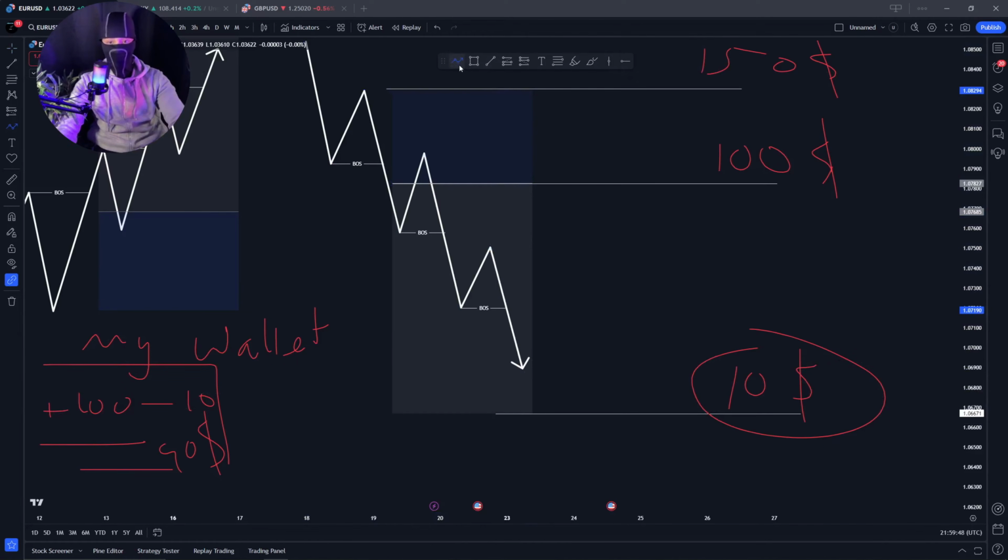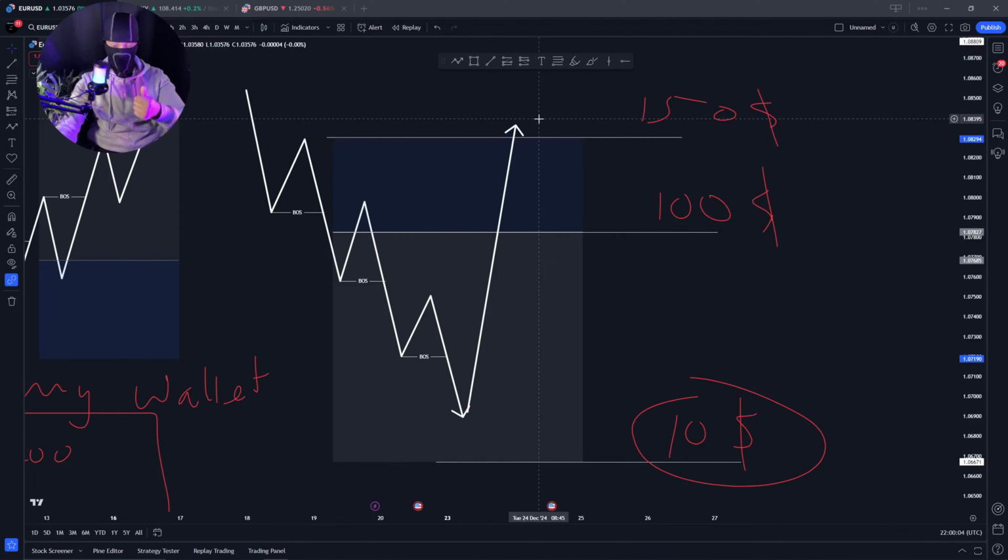Now let's just say something very unfortunate happened and price reversed and it hit my stop loss. As you guys can see, when it hits your stop loss, it's going to automatically exit you out of the trade. So now the hoodie is worth $150. This is my point of saying I do not want to be in this trade any longer. If it hits my stop loss, we have now invalidated the trade setup, meaning that we're most likely going to continue going higher, and in that case, I'm going to lose money.